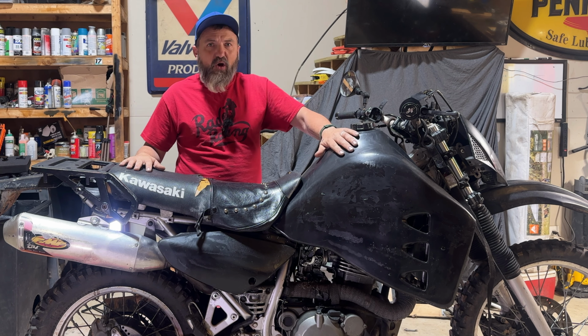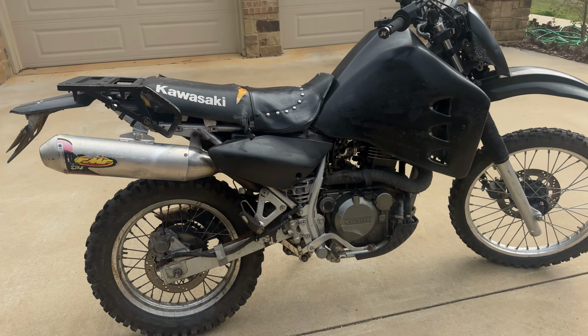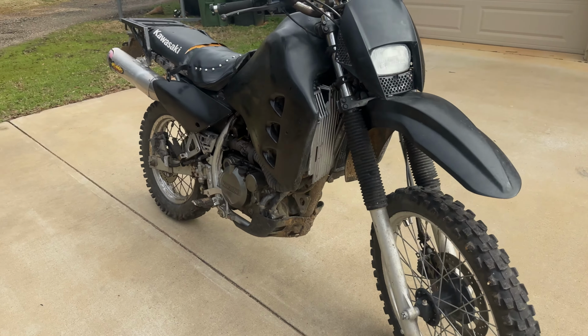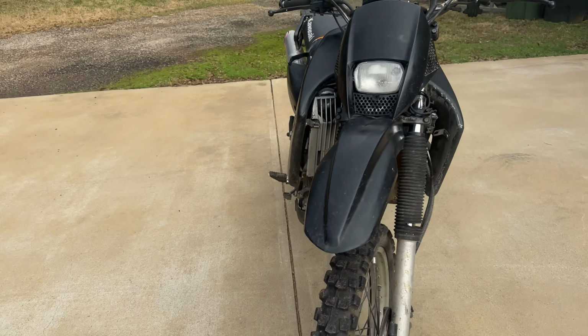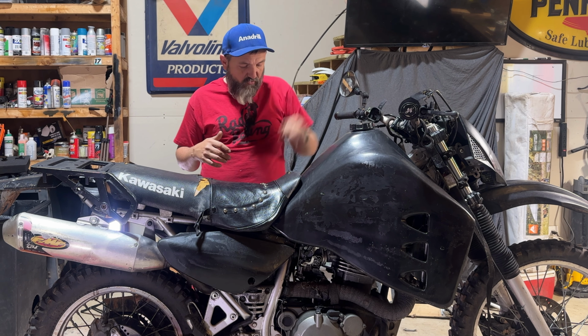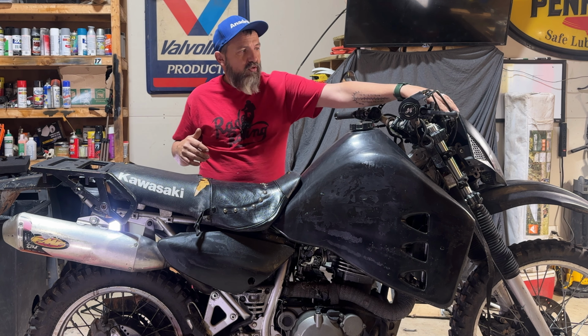It does have the oversized tank. I think this IMS tank holds like 6.6 gallons or something like that. I could smell the old fuel in it, but like I said, it is running. Let's see if it'll start up. It has been starting up just fine for me. We'll turn the fuel on and